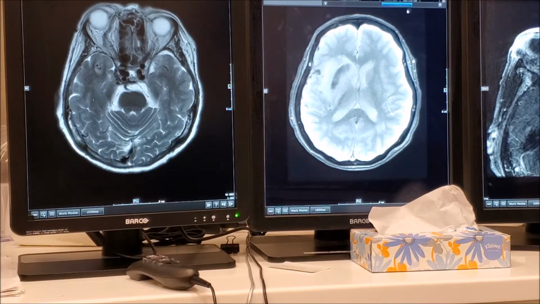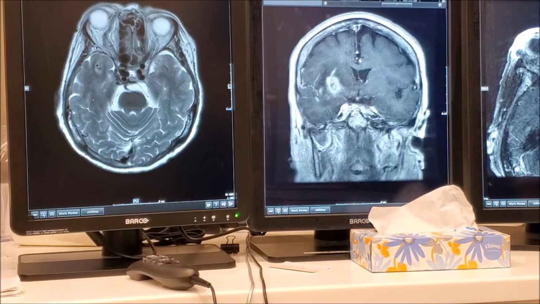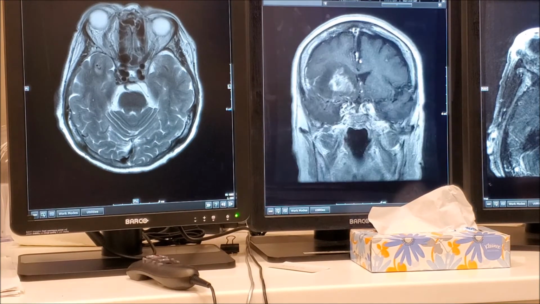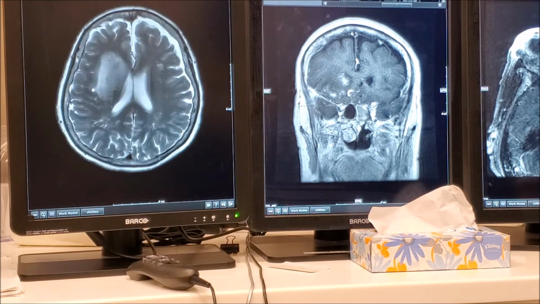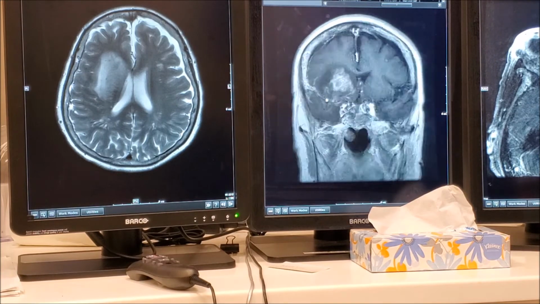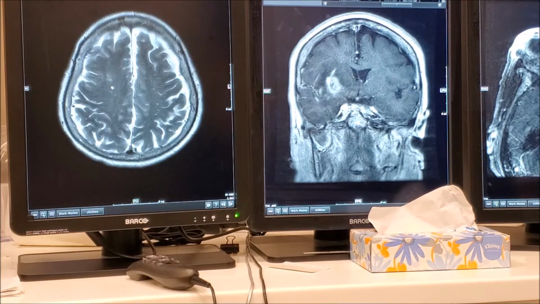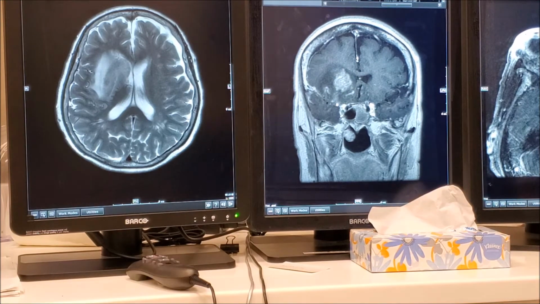I mean, the next thing was thinking that if it is a fistula there, it could be venous congestion. Well, you're fixed on the fistula because you know she has a fistula. But when you see this, if this is a fistula, or this is the cause of the fistula, what could it be? How can a dural fistula, let's say in the cavernous sinus, base of the skull, produce this kind of change? By venous hypertension?